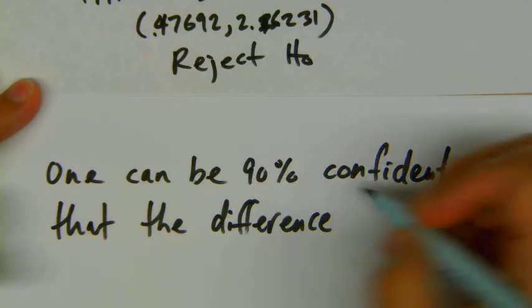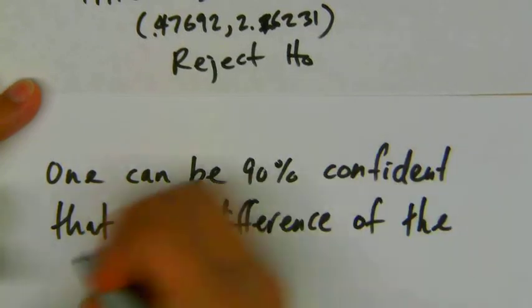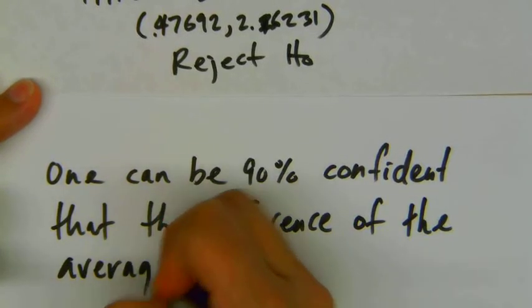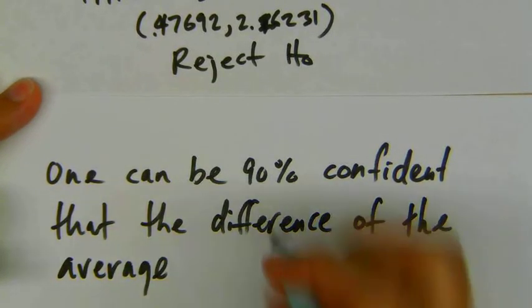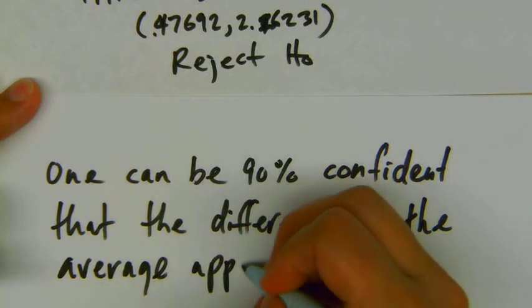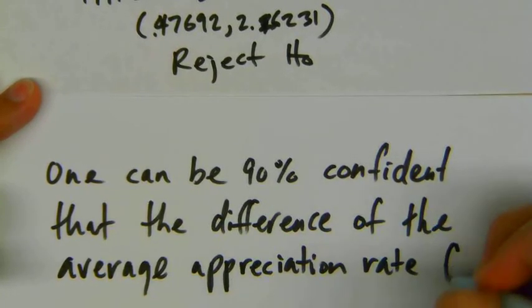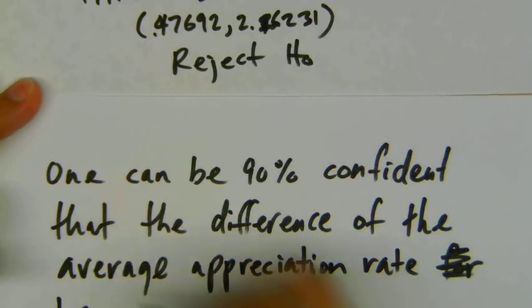We were talking about averages. So the difference of the average, and I want to go back to what they were talking about. What's my variable name? It was the appreciation rate between